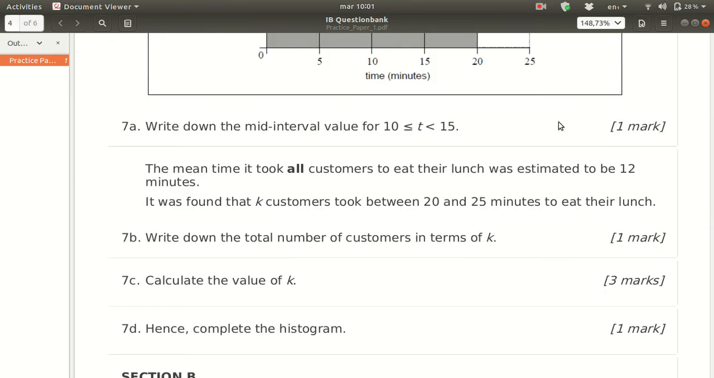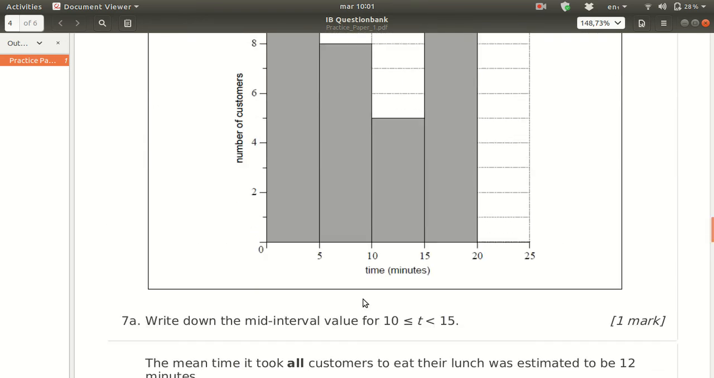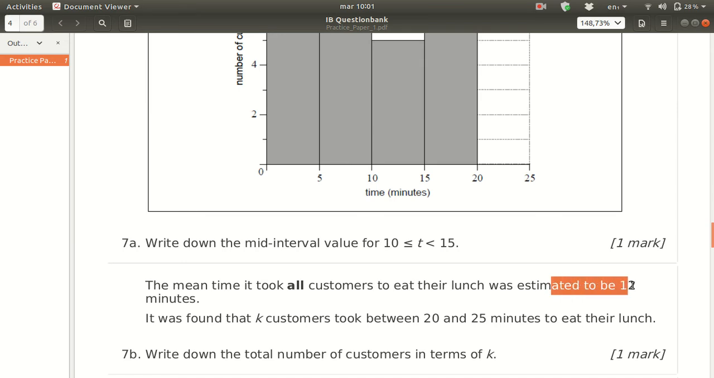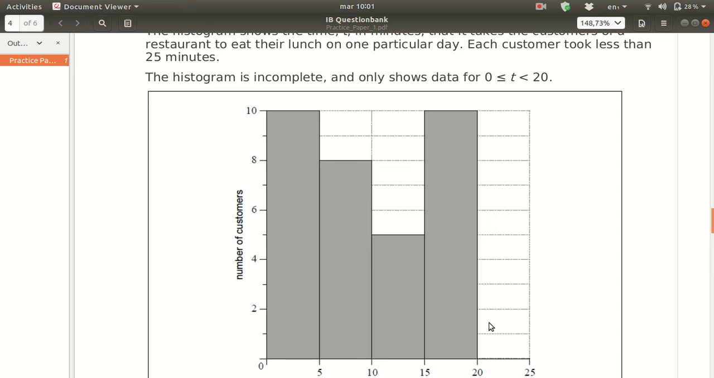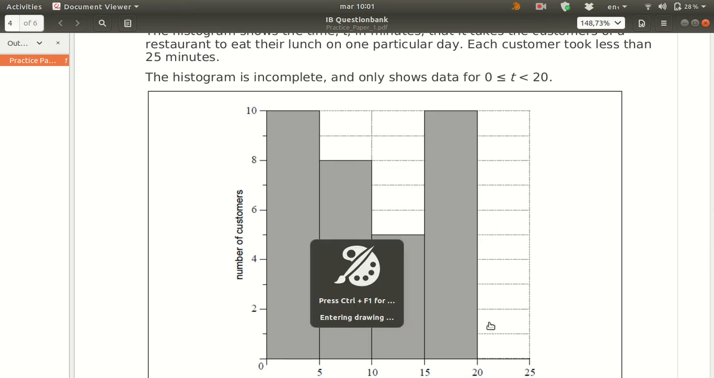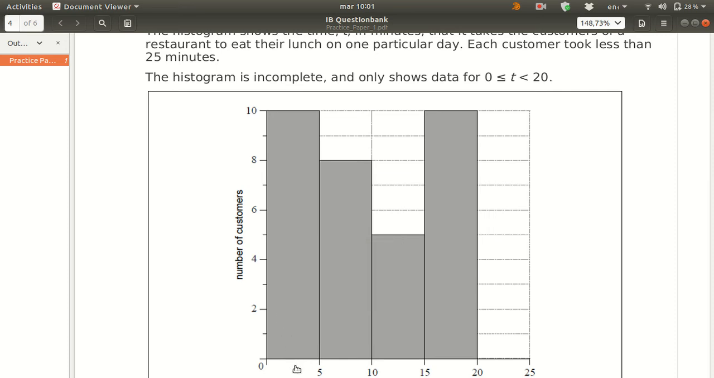Okay, so now we're going to do part C: calculate the value of K. For that, we're going to use the mean that they gave me here in the problem. It's 12. So what I'm going to do is calculate the mean. Remember that the mean is the mid-interval value multiplied by the frequency. We add those numbers together and then we divide by the total number of data points. So in this case, the mid-interval value here is 2.5 multiplied by 10